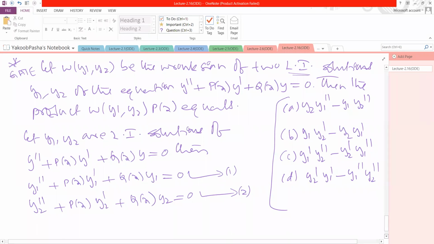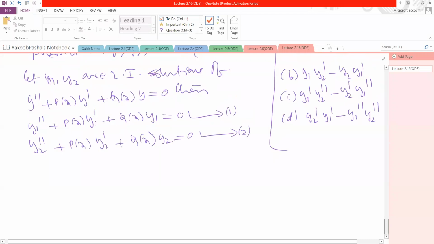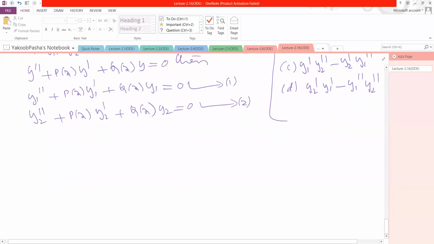Now solve these two equations. For solving these two equations, I'm multiplying equation 1 with y2 and equation 2 with y1, and subtracting. We are doing this operation. While doing this operation, we'll get